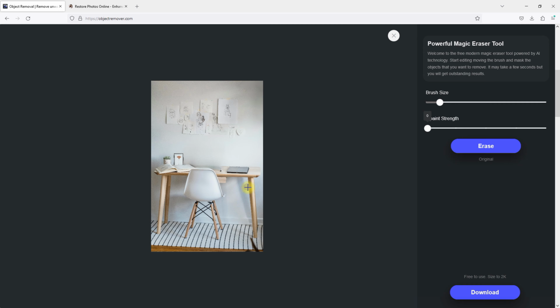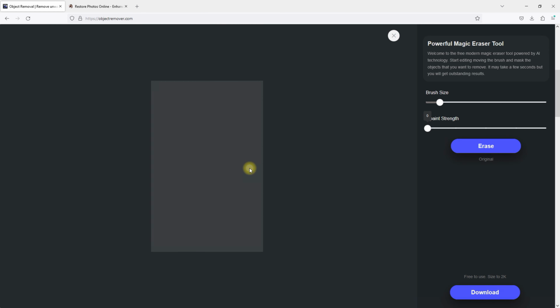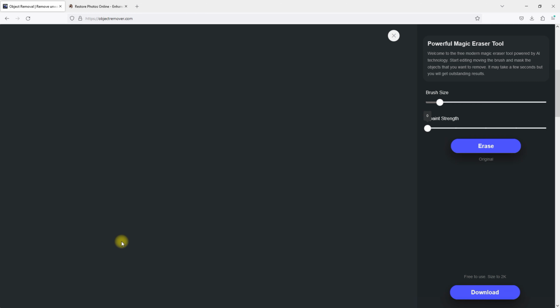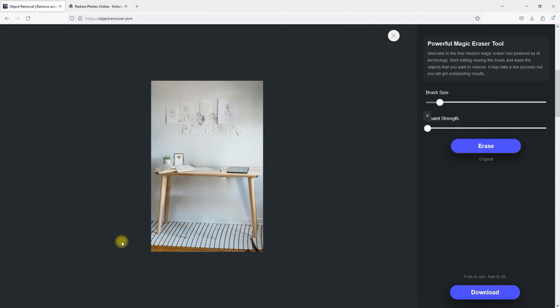Let's take a more challenging task and remove the chair. This time I will carefully select it and notice that the brush color becomes darker when working on a previously selected area. I'll press erase and the chair is removed, although as with the laptop, I need to repeat the operation to remove any missed fragments. In other words, with this utility, you can easily remove unwanted objects from photos. But when dealing with partially hidden or overlapping objects, it may be required to repeat the operation several times to achieve the desired quality. By the way, this tool is also free and allows you to export photos in 2K